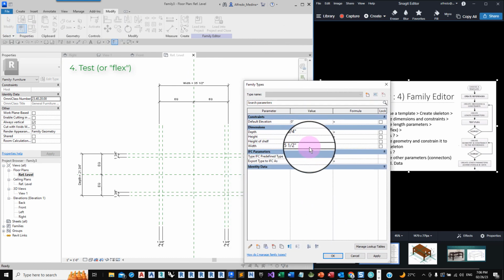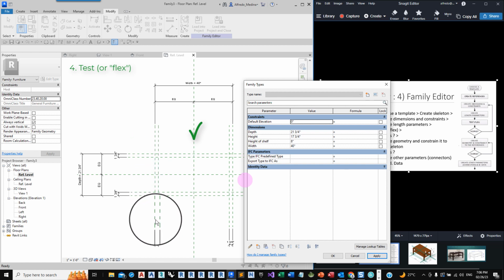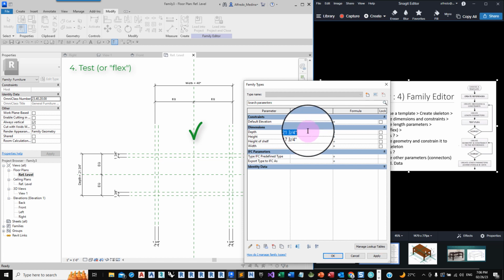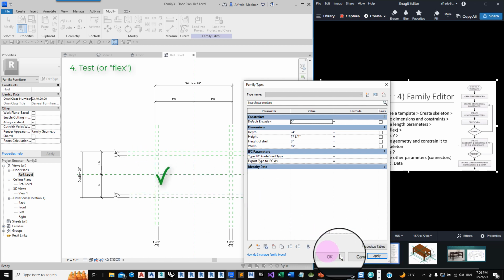Let's suppose the width is 40 inches. Apply. Yes, it works, and the legs remain constrained to 1 3/4 in all cases. And the depth, let's suppose the depth is 24 inches. Apply. Yes, it is working.